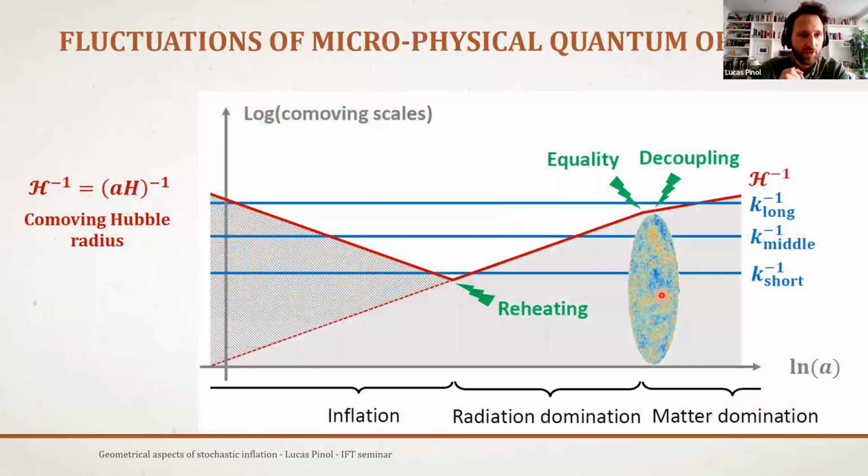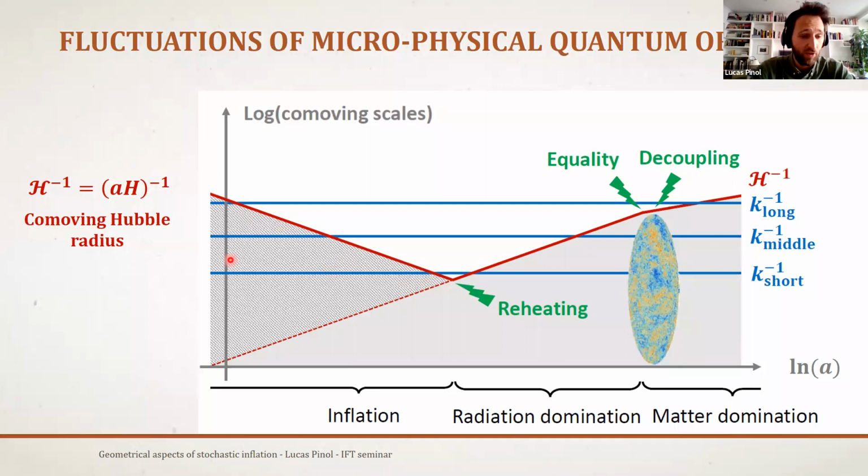So this is a very important sketch of the evolution of the relevant scales in the early universe. The point is that during radiation domination and then matter domination, the co-moving Hubble radius, calligraphic H⁻¹, is increasing. But if you want to solve the horizon and the flatness problems, you need it to be decreasing at some point. And this is exactly what inflation does.